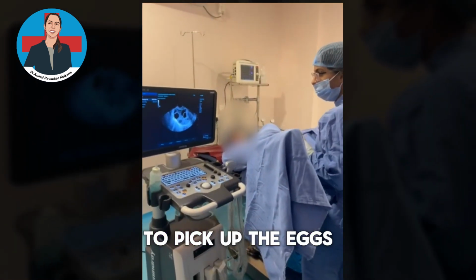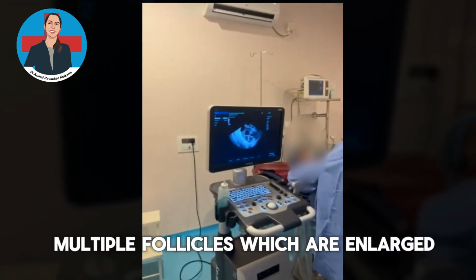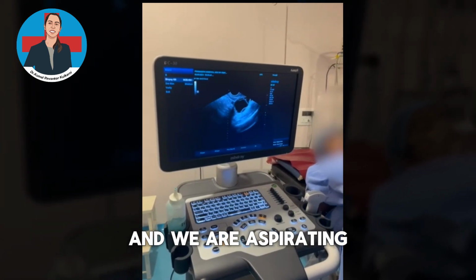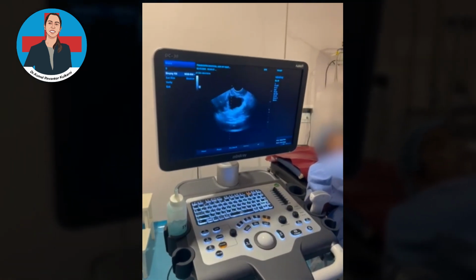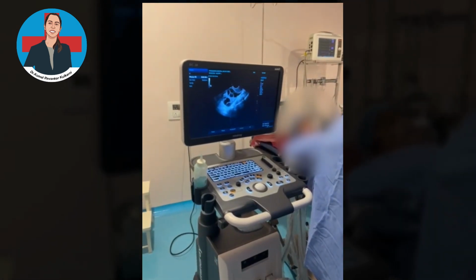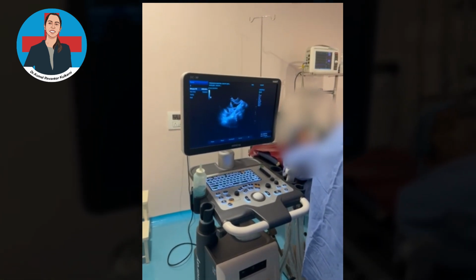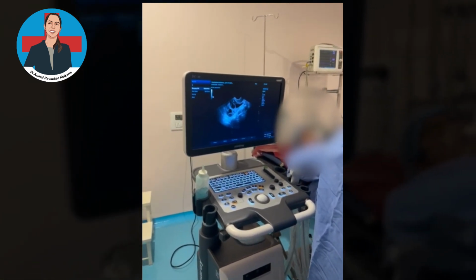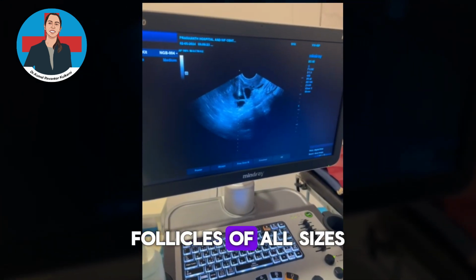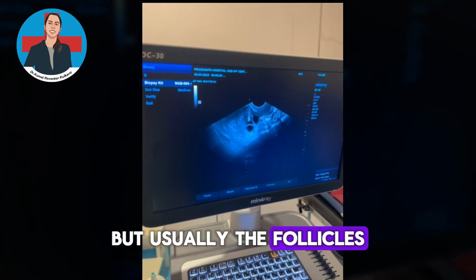Here you can see the ovaries with multiple follicles which are enlarged, and we'll be aspirating these follicles one by one. Patient is under general anesthesia, short general anesthesia. You can see the follicle getting emptied slowly. Follicles of all sizes will be aspirated, big and small, but usually the follicles which are more than 14 mm in size contain an